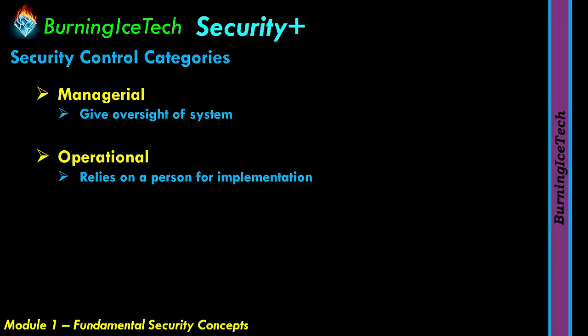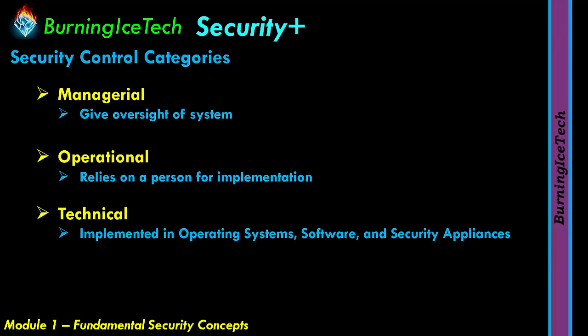As for the third security control category that I've got for you guys, that would be technical. So in the technical category, the control is implemented as a system. This will be things like hardware, software, or firmware. For example, firewalls, antivirus software, and operating system access control models are technical control examples. So in other words, it is implemented in operating systems, software, and security appliances, because something like a firewall is an appliance. Yes, you get firewalls like the Windows firewall, and firewalls you can go and buy and install, but